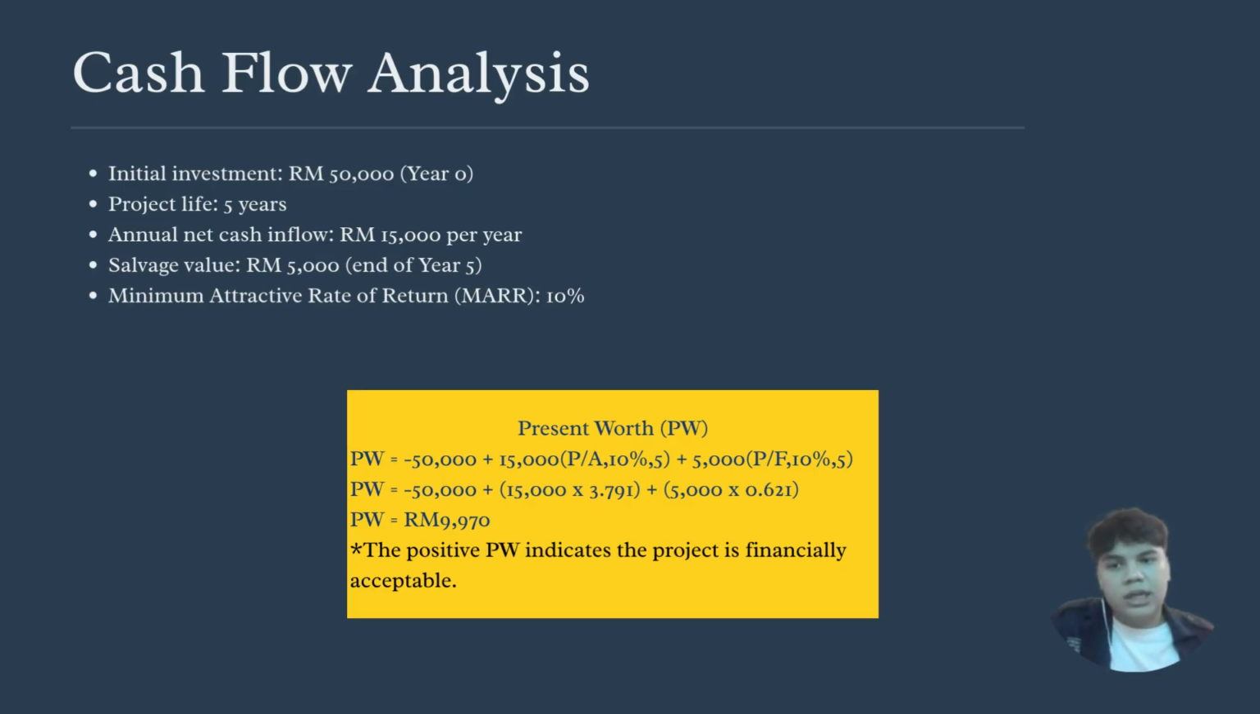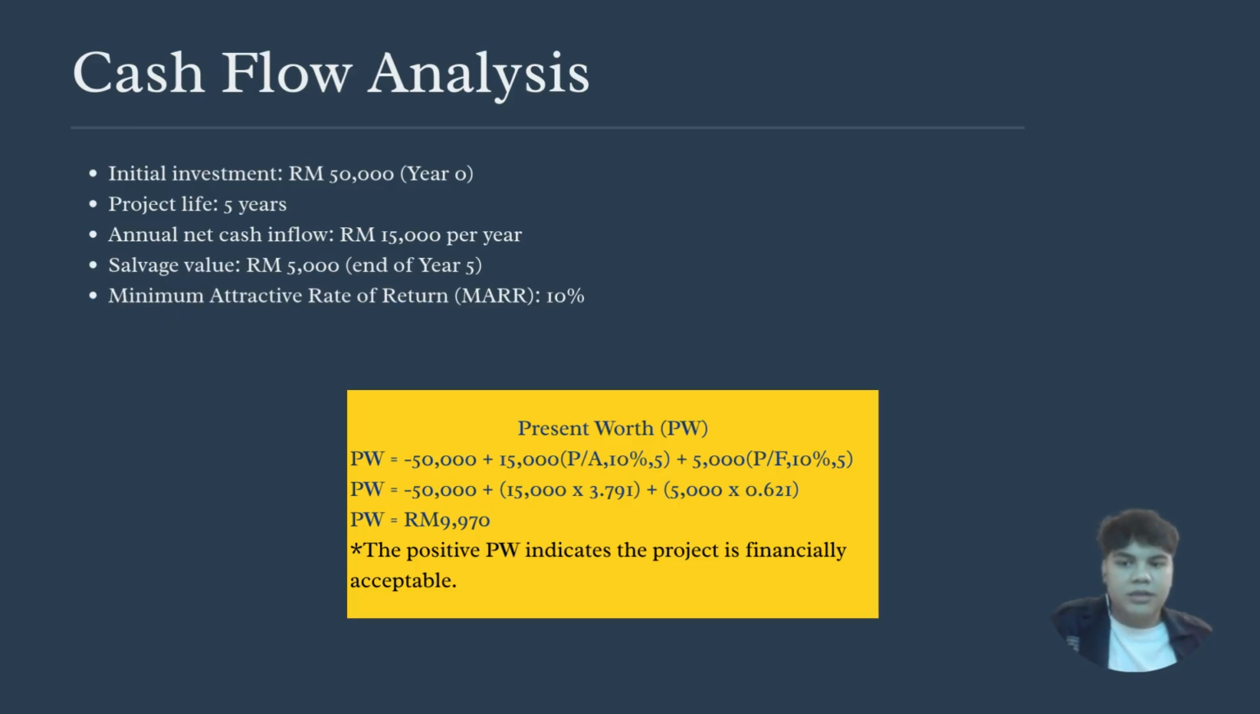This slide shows the cash flow analysis for the proposed system. An initial investment of 50,000 is required at year zero. The project is evaluated over a 5-year period and generates a constant annual net cash inflow of 15,000. A salvage value of 5,000 is considered at the end of year 5, and a minimum attractive rate of return of 10% is applied. Based on this assumption, the present net worth is positive, indicating that the project